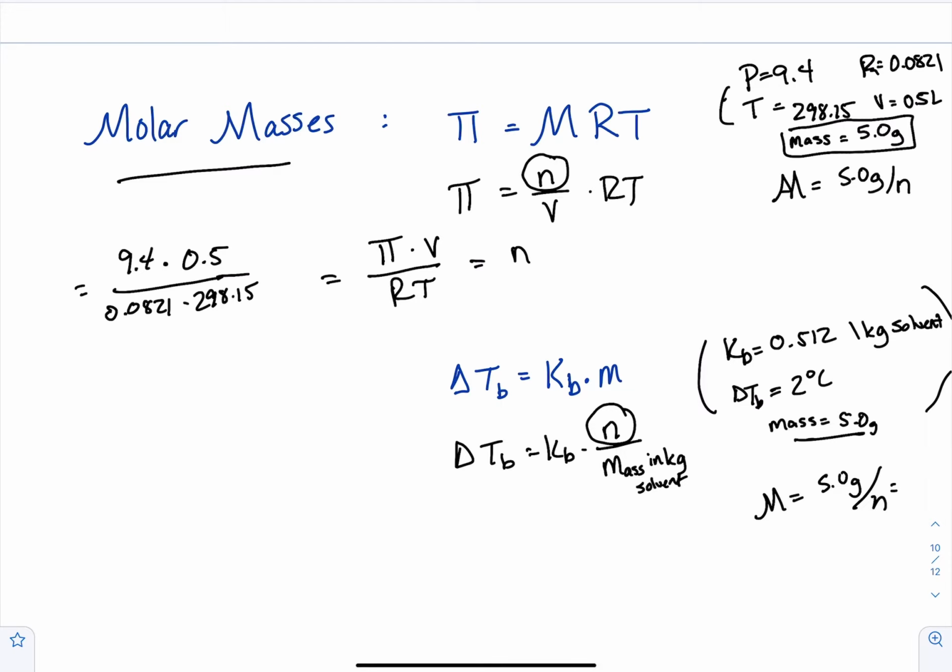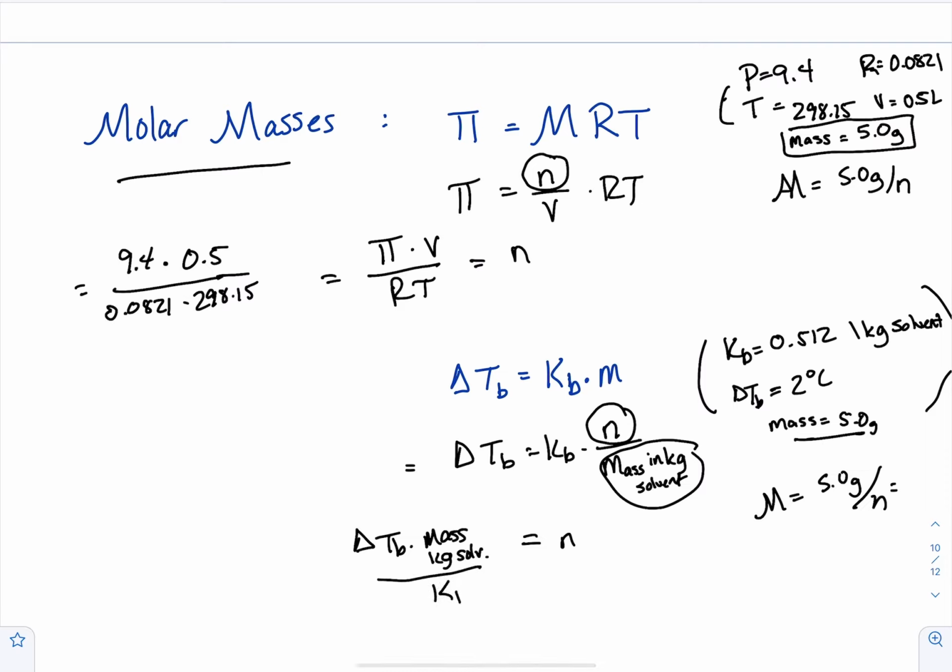I'm going to go ahead and plug in this other one. I'm just kind of doing it rearranged. So my n is equal to, I'm going to pull the mass in kilograms of solvent over to the other side. Mass, kilograms, solvent. I don't have a good way to represent that. And the whole thing's going to be divided by KB. So my delta T, if it were 2 degrees Celsius,